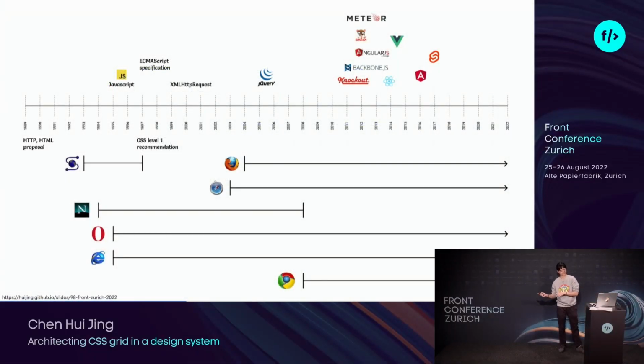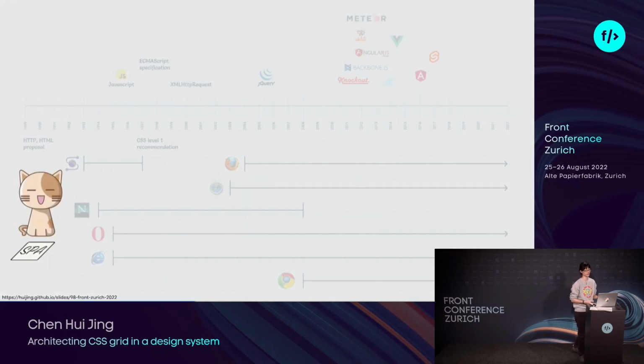So JavaScript came into the picture in '95, and there was a need for a scripting language that could run on the client side. Apparently, it was to do form validation. I'm not sure how true that bit is, but we did need a lightweight scripting language that could run on the client. So a couple of years later, the concept of AJAX, which is short for asynchronous JavaScript and XML, started to take off because it allowed bits of content on your page to be updated dynamically without needing to reload the entire page. So this is the concept on which single-page applications, or SPAs, are built.